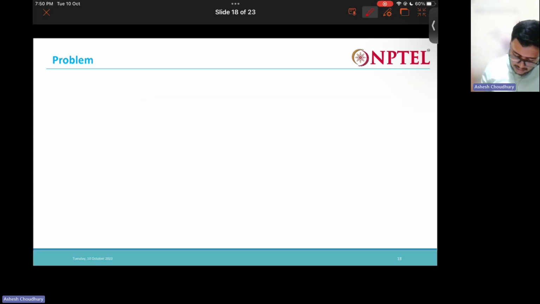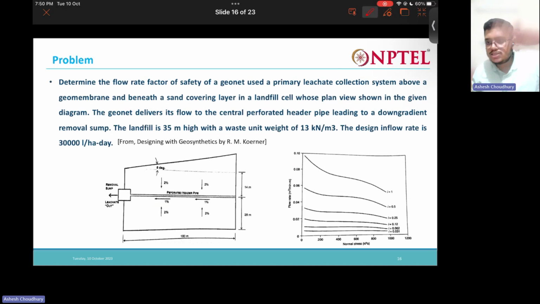And what is the gradient along which this geonet is placed? It is 2% gradient, right? The geonet is placed along 2% gradient. See, it's given, right? So 0.02. Corresponding to 0.02 and 455 approximately,